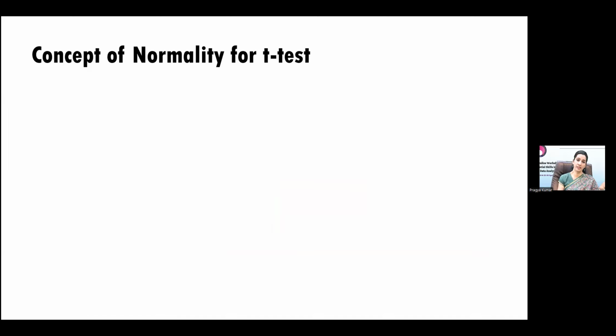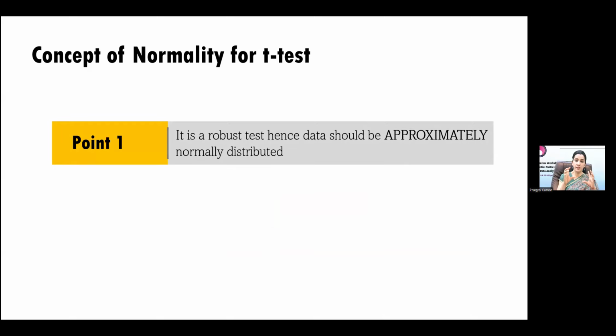And if the sample size is less than 50, we go by the objective way, which most commonly is the Shapiro-Wilk test. Now, what is the concept of normality for the t-test? In the t-test, we look at the distribution, or the normality, across the two independent groups. The first thing is that the t-test is a robust test. So even if the data is not normally distributed, like the term approximately that we learned in correlation, if it is approximately normally distributed, then you can go ahead with the t-test,